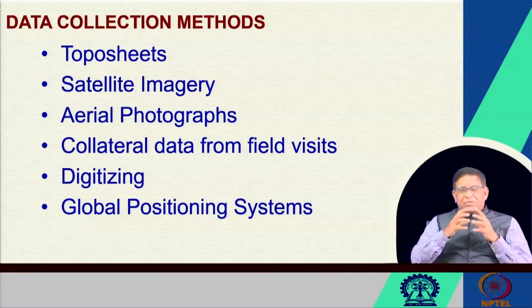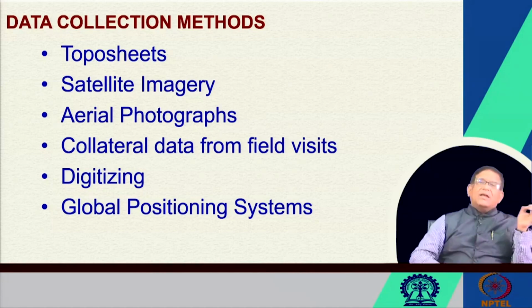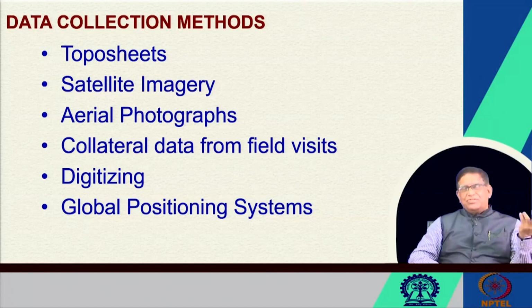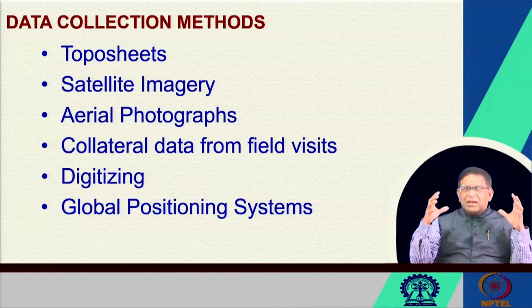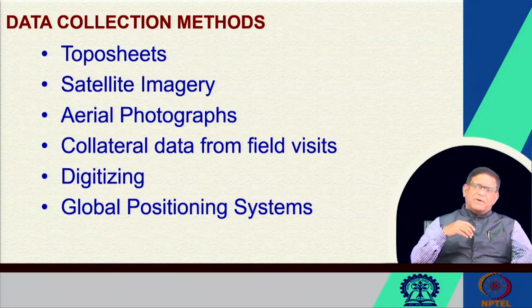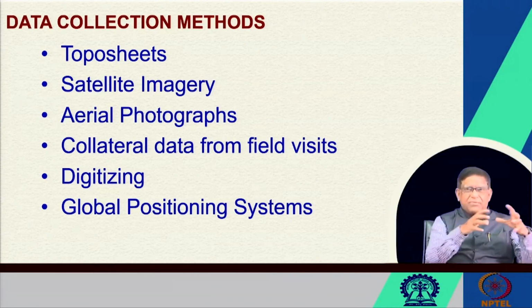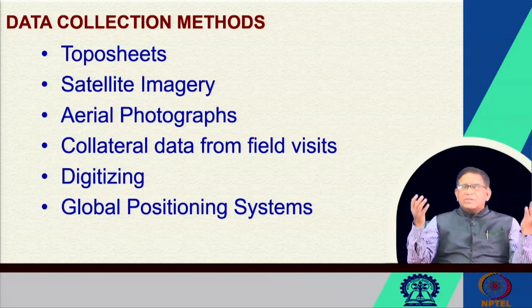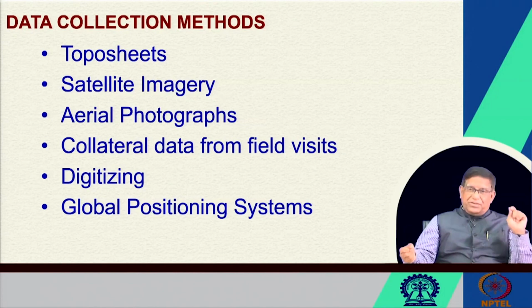Now, here that GIS will have to be given data input, as I said. That data input can be given by topo sheets, satellite imagery, aerial photographs, or collateral data from field visits. The environmental department can give you some information, the agricultural department can give you some information, even the local shop, how much revenue they have collected, from which area. So there are different sources of information; you collect it and digitize it and put it in a digital form